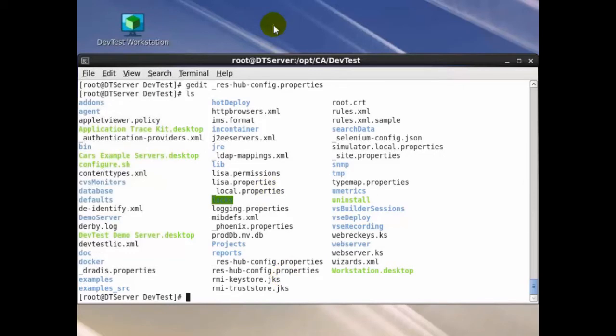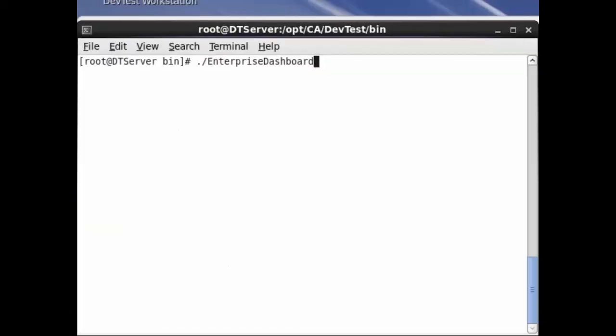Now we can start the DevTest processes. Note that when starting DevTest the first time, you must start Enterprise Dashboard first on the master server, then Registry to get licensing information synced. After that, Registry can be started without Enterprise Dashboard. Remember that when doing a server install, all of the components with the exception of Enterprise Dashboard are installed. You control which components are started and in what order. So the order of startup will be Enterprise Dashboard, then Registry, then Broker, Portal, Coordinator Server, Simulator, and finally the Virtual Service Environment. So what we'll do now is run the Enterprise Dashboard in the bin directory, and we'll wait